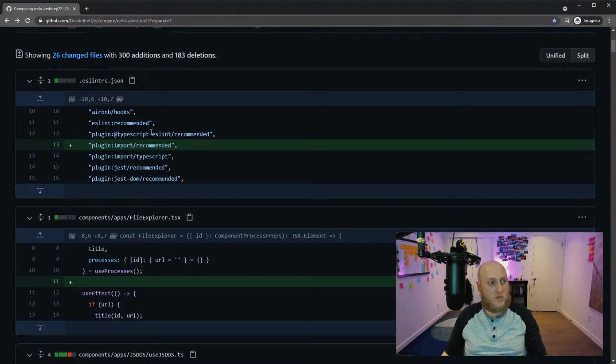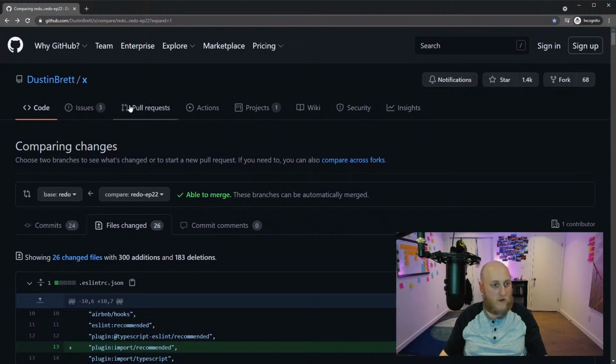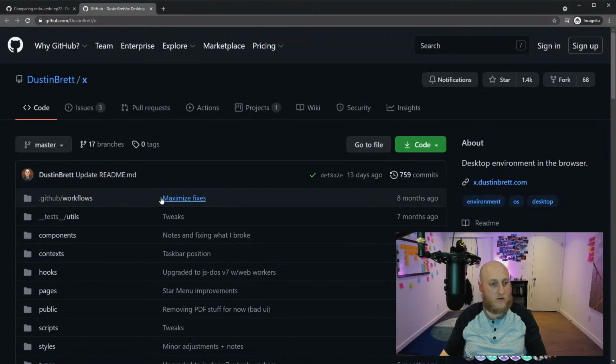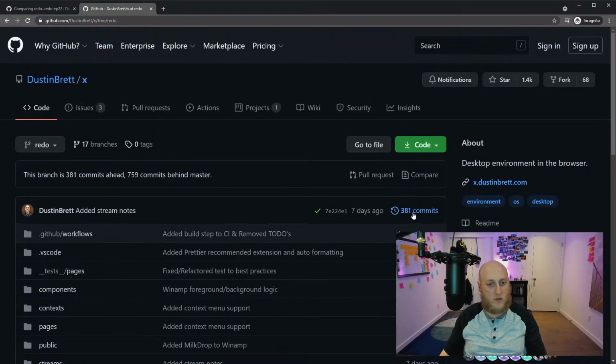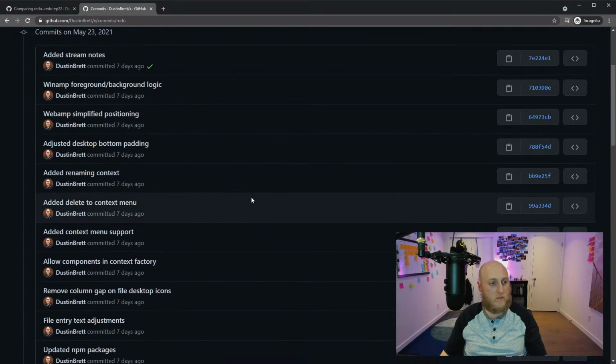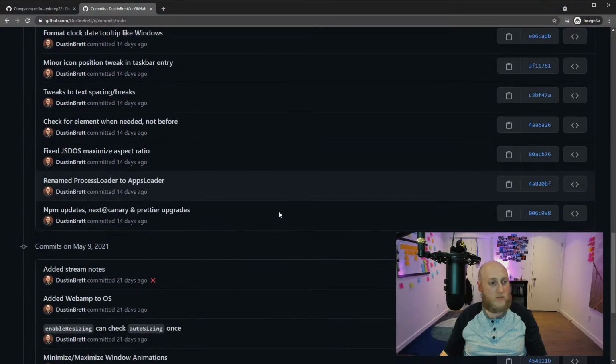I've also just noticed recently, kind of as an observation, that these streams have been really good for my commit history in regards to this branch, because the fact that I kind of talk through each one and then commit it and push it, I've got like, how many commits do I have now? Like 5 on redo, maybe 400, I guess. And they're all well described. Yeah, 381, and each one of them actually legitimately describes something.